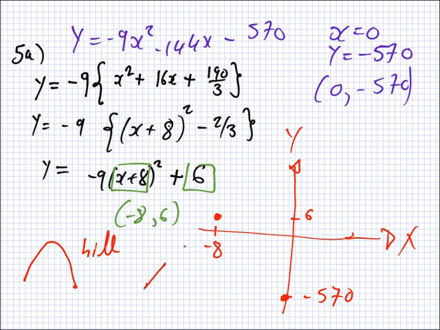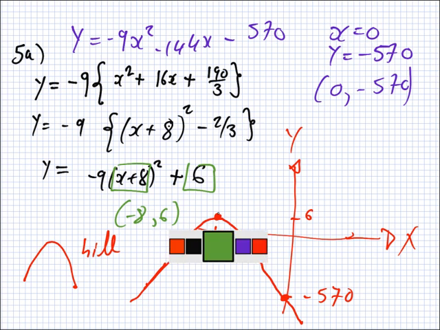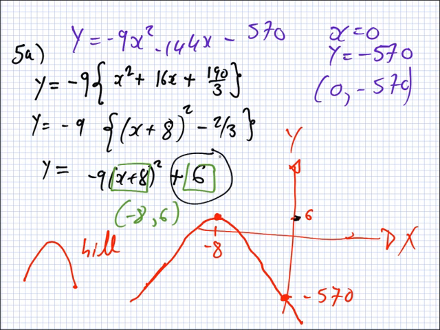Because that's the vertex, it means it needs to turn here, doesn't it? Yeah. On its way back down. Because that's what it means to be the vertex, to be the turning point. Yeah? Okay. Right, so that's 5A. What happens to the 6? Oh, yeah. What do you mean, this 6 here? Yeah. Was that 6 there? Yeah. So when you want the vertex, this number at the back after you complete the square is always